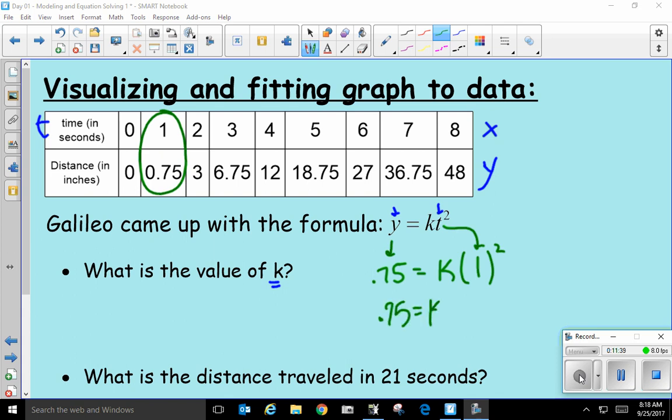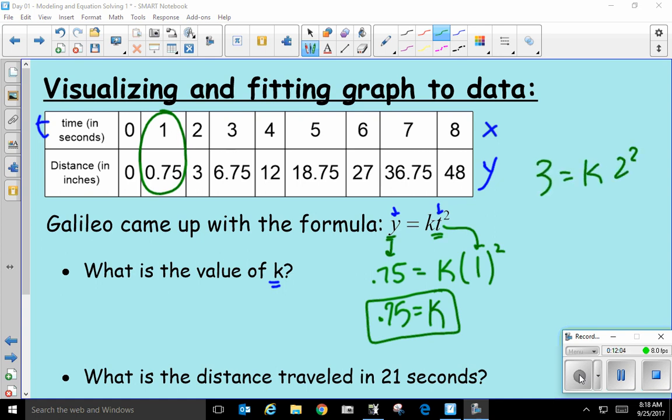0.75 equals K. Now look at this, but I like 4 and 12. Throw in 4 and 12. Guess what? You'll still get 0.75 for K. But 2 and 3 just seems simpler. Throw in 2 and 3, you'll still get 0.75. If I threw a 2 in for T and a 3 in for Y, 3 equals